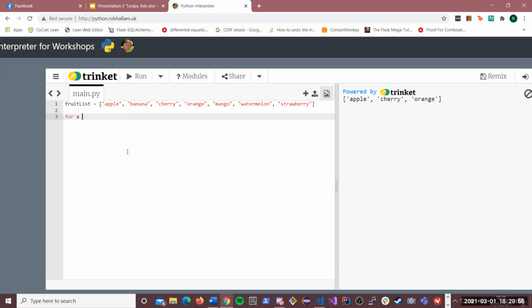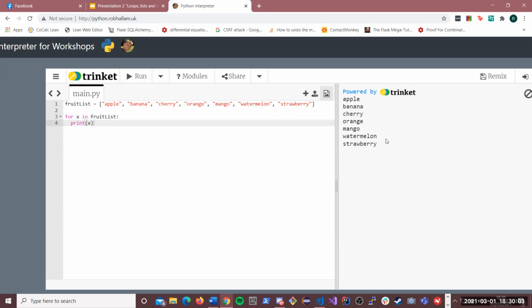And the way that works is just having for x in fruit list, print x. If I run that, you can see, sweet, it prints all the elements. So how does that work? It makes no sense if I'm just running it and not explaining it. So if I dissect this now, what is happening here in this for loop is